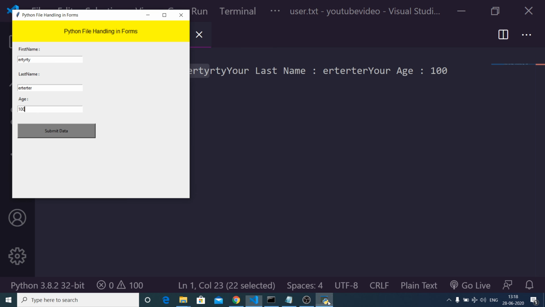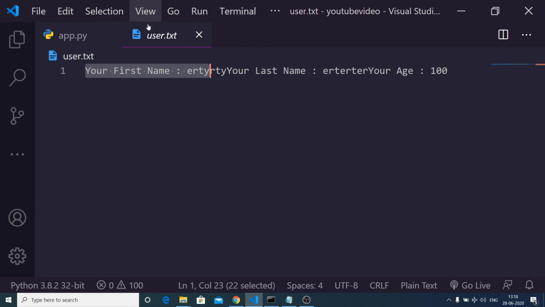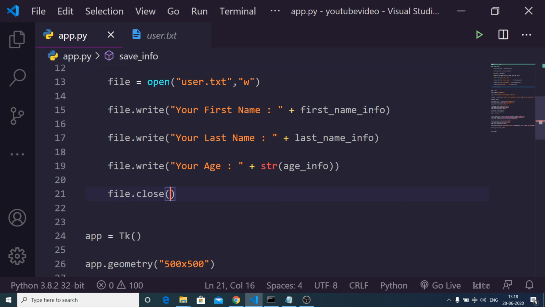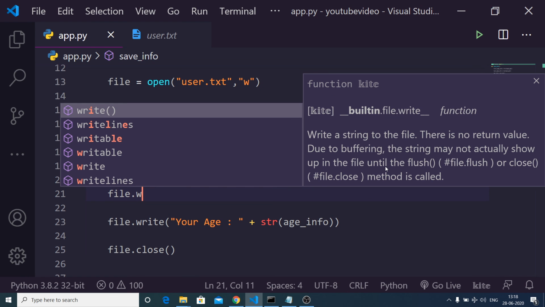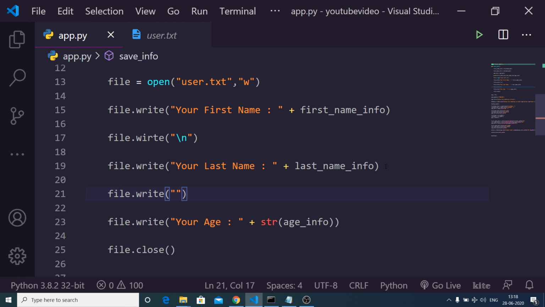Now what I want, we need to have a new line also after we write first name. So we will write the new line symbol, which is there like this on the keyboard. This will have a line break. File dot write, and sorry, there was a mistake here, so write.